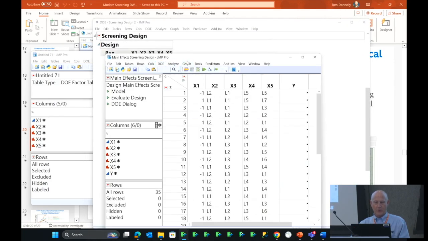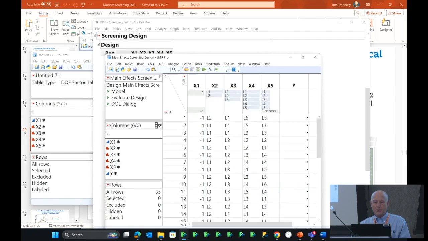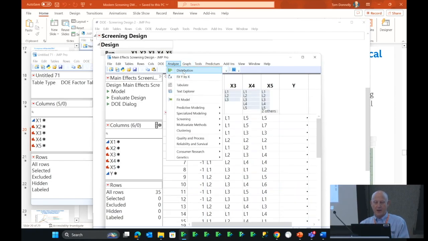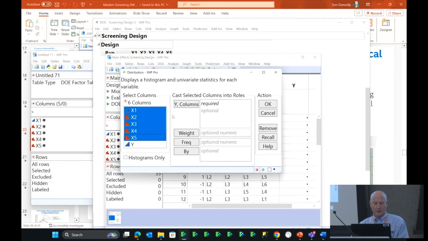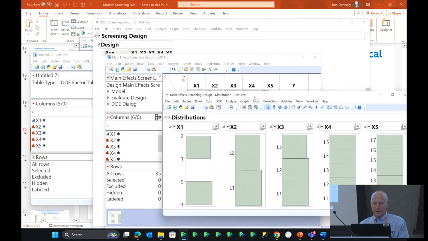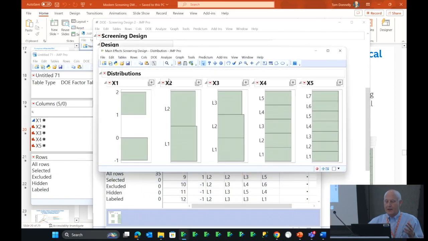And I'll just make the table for this. And you can often see what the structure is by looking at the top, but the other way to do that is to actually make the distributions, put the factors in, ask for the histograms only. And now you can see that it's as balanced as it could be. Okay? Now, I say that 5 and 7 levels both divide into 35 evenly, but 3 goes into 35, and